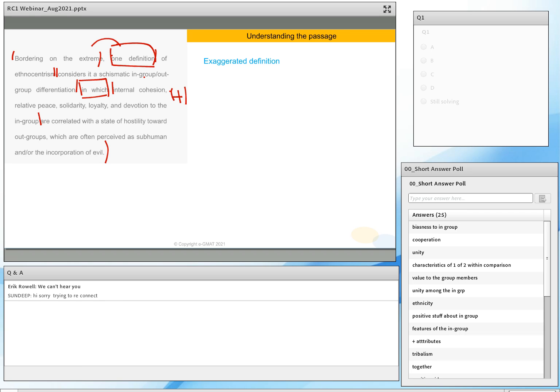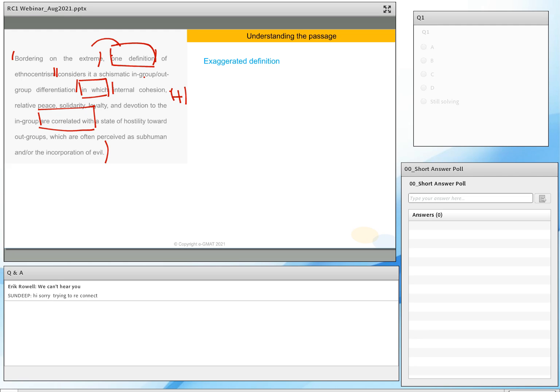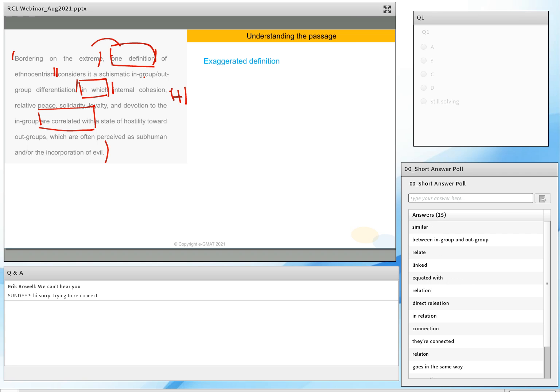"Are correlated with." What exactly is a correlation? "Are correlated with" is a keyword. What do you mean by "are correlated with"? What does that tell you? Connection. There is some relation. We do not know what exactly that relation is. It could be an inverse relation also, but there is some connection or relation between some positive feeling towards your